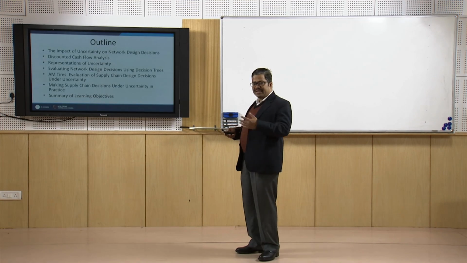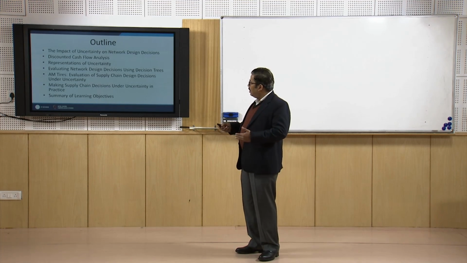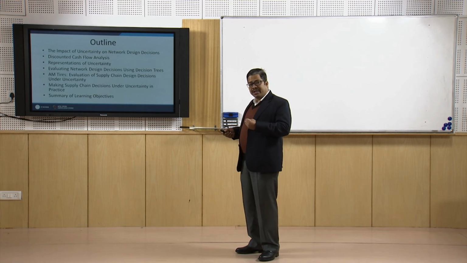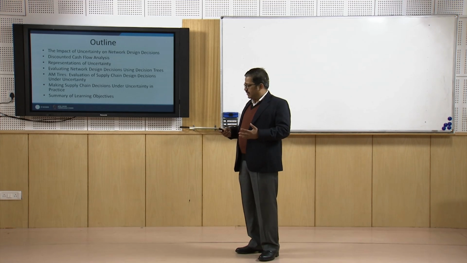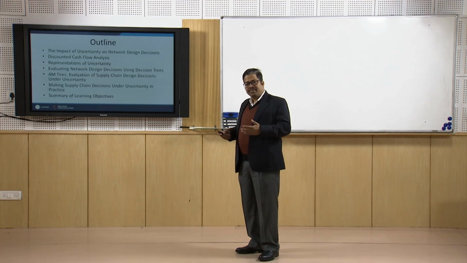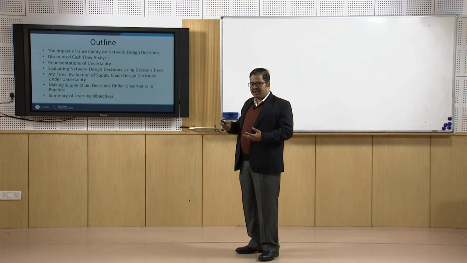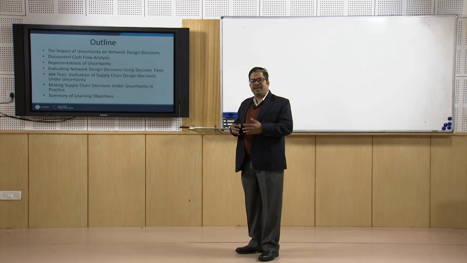So the outline of these sessions is, we will be discussing this in the next 2-3 sessions: the impact of uncertainty in the network design. Then we have different types of project options, and for that purpose we will see the role of cash flow analysis for selection of a particular type of project for the network design. With the help of some uncertainties, we will see how to make the mathematical model for making the optimum